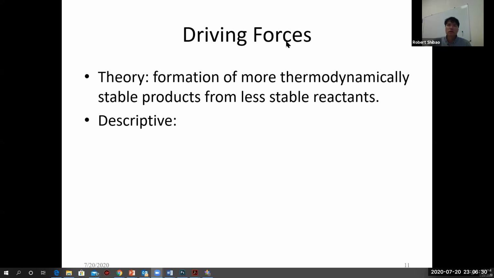And so what is the driving force? Driving force is simply, as far as theory goes, the formation of a more thermodynamically, or energetically, more stable product from less stable, higher energy reactants. And so what clues do you get that you're forming something more stable? In terms of descriptors, a weaker oxidizer is more stable, less reactive than a stronger oxidizer. So when we're going from stronger oxidizer to weaker oxidizer, that would be a clue that we're going from something less stable thermodynamically to something more stable thermodynamically. And that's for redox reactions. In redox reactions, we expect that.